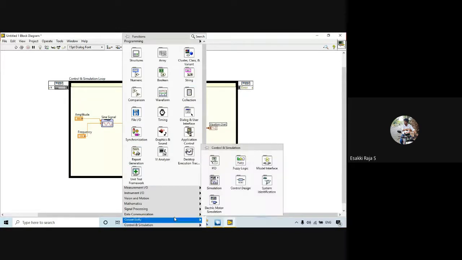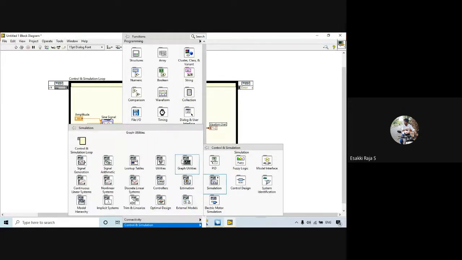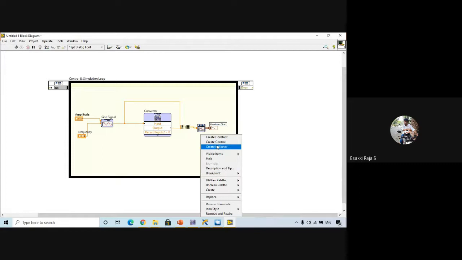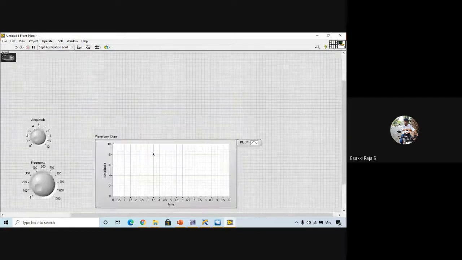Then to control your loop, we need to add a Halt Simulation function. This will be used to stop the simulation, and for this I'm going to create a control. By pressing this button we can stop our simulation. Let me run this.